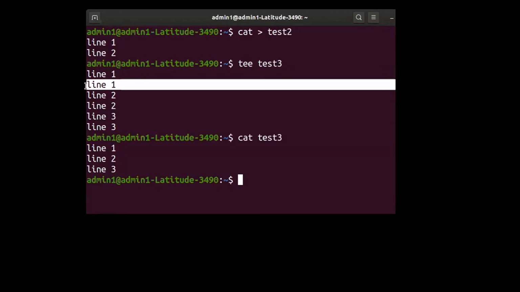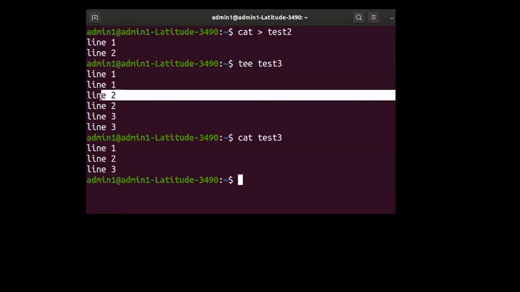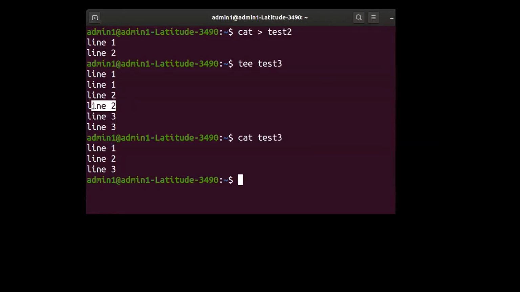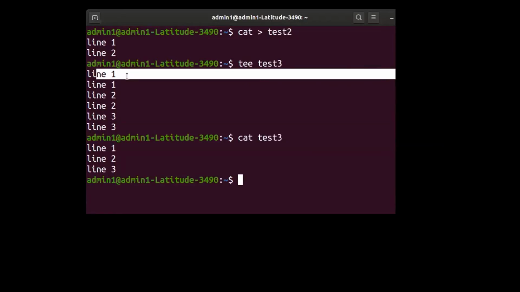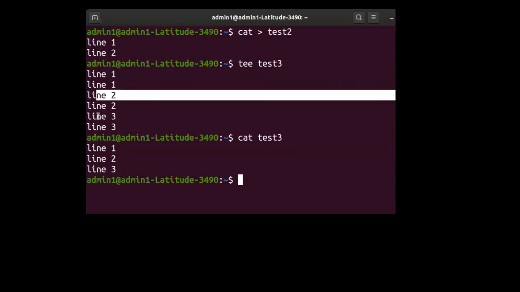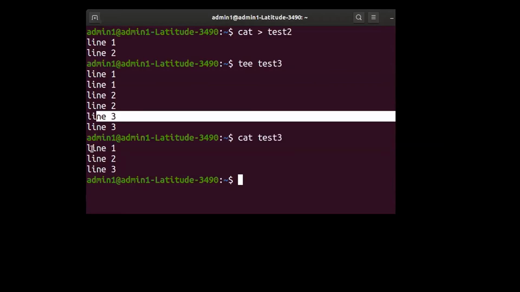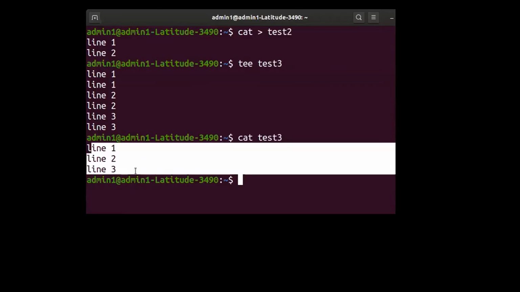Then you typed this one, and this was given to you. So this line 1, line 2, and line 3 will be displayed in line numbers 1, 2, and 3.